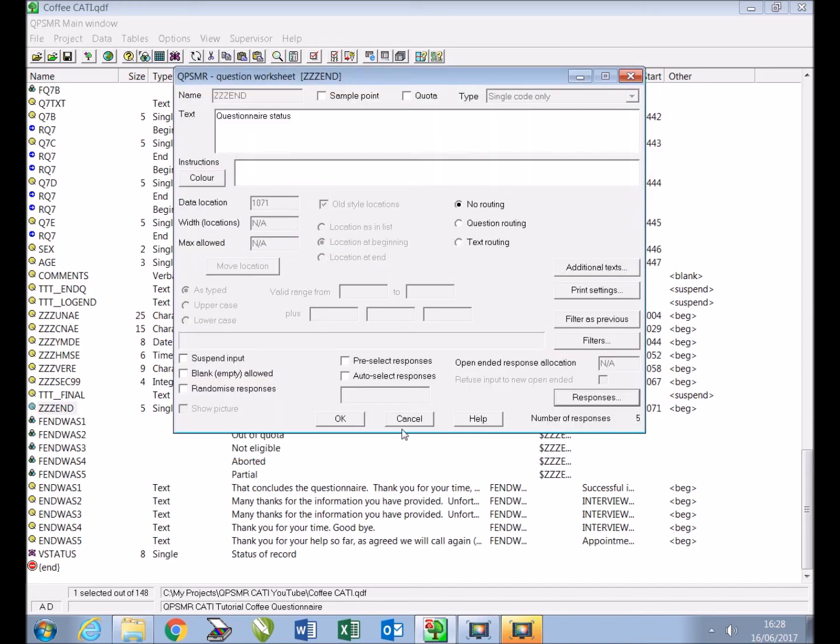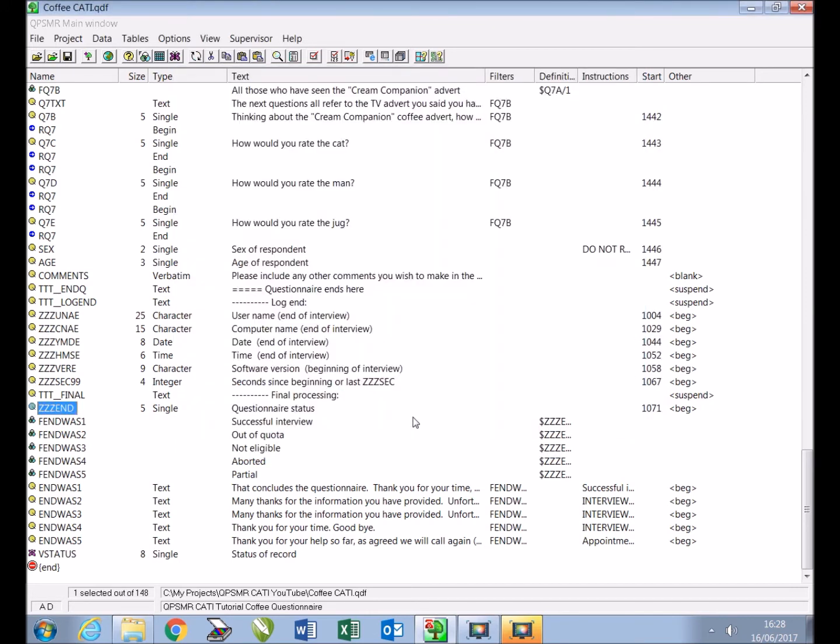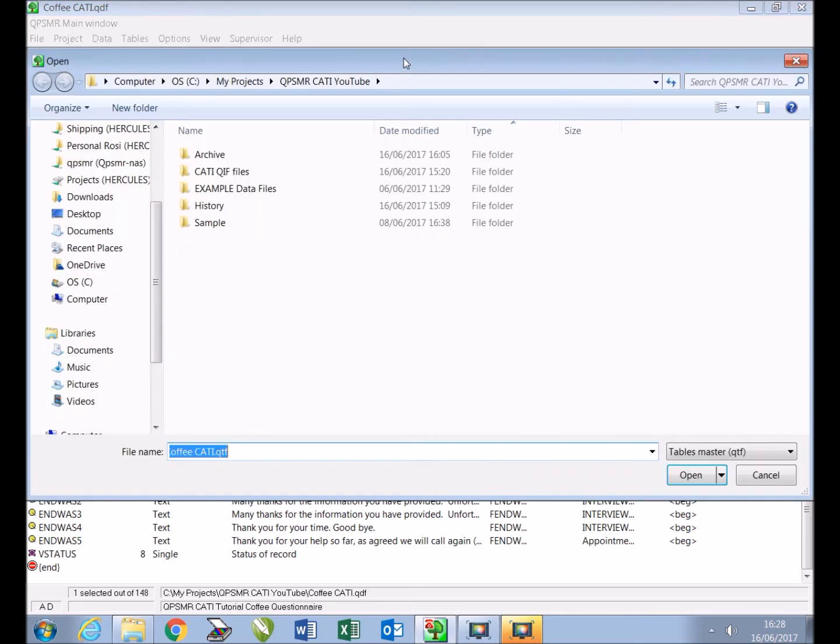When analysing the questions asked in a CATI survey, the main data file should be used with tables globally filtered using the definition ZZZ End 1 to ensure only successful interviews are included. In our demonstration today, we will simply create a set of 3 supervisor report tables, saving the file, so in a live situation it could be rerun as required. So using the toolbar icon, we open and save a tables file, which we will call Supervisor Tables,